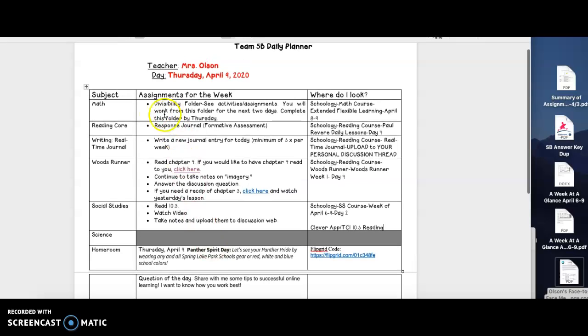Let's start with math. Math, you're going to continue on with the divisibility folder, and you're going to continue on with whatever you did not finish yesterday. You'll find that all in Schoology under the math course, Extended Flexible Learning, and go to that April 8th through